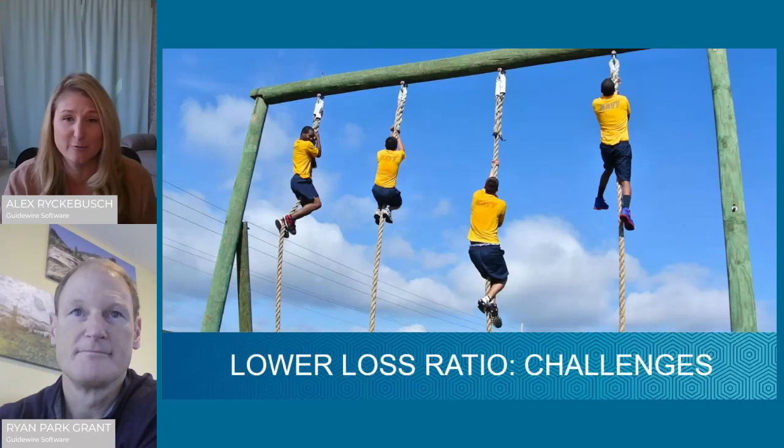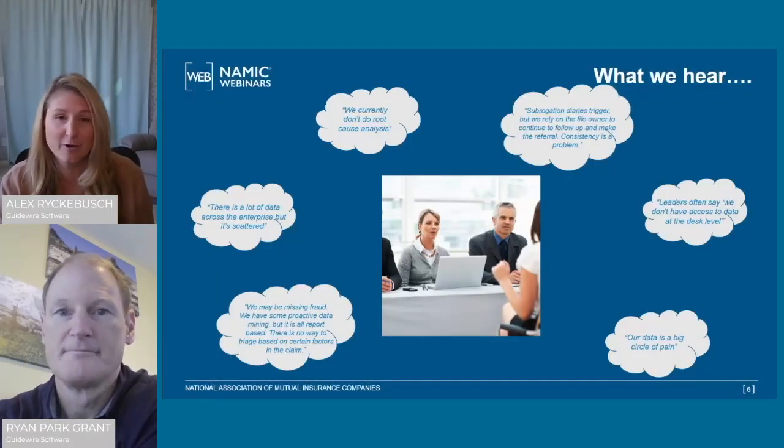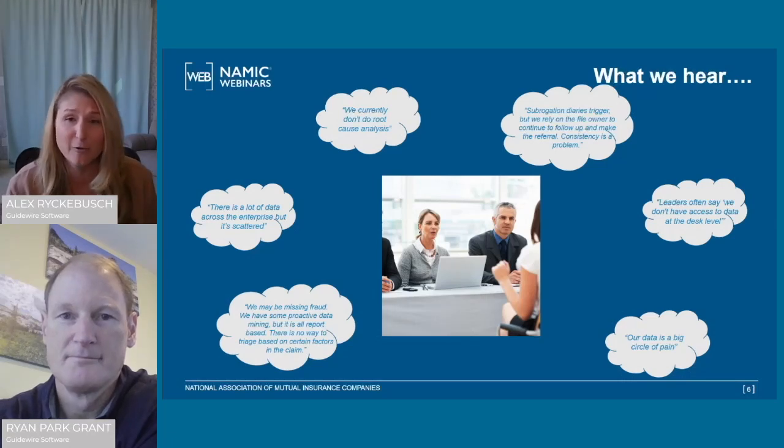As I noted, I get to speak with many insurers, large and small. We speak with mid-sized mutuals, private and publicly held insurers. And what we really hear is you all face similar challenges. You amass a wealth of data, but you face similar hurdles. There's concerns about data integrity, being able to aggregate all of the data you have access to. We hear feedback about organizational silos and really challenges around trying to keep pace with the ever-evolving technologies that are available to you. Essentially, what we're hearing is the data is really no good to your claims management teams if they can't leverage it to affect change.